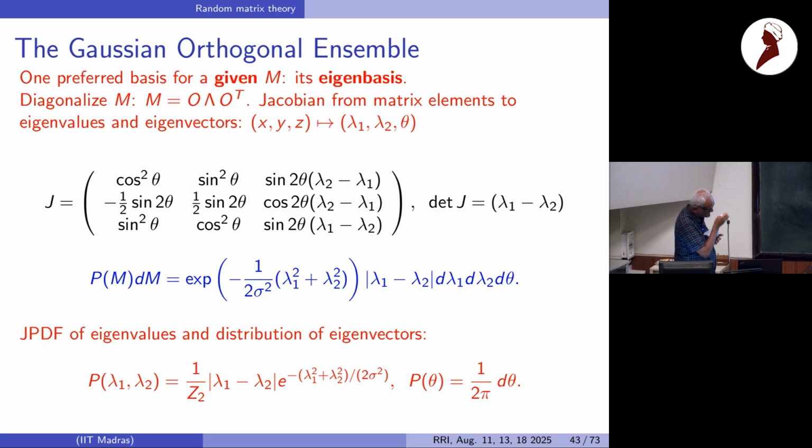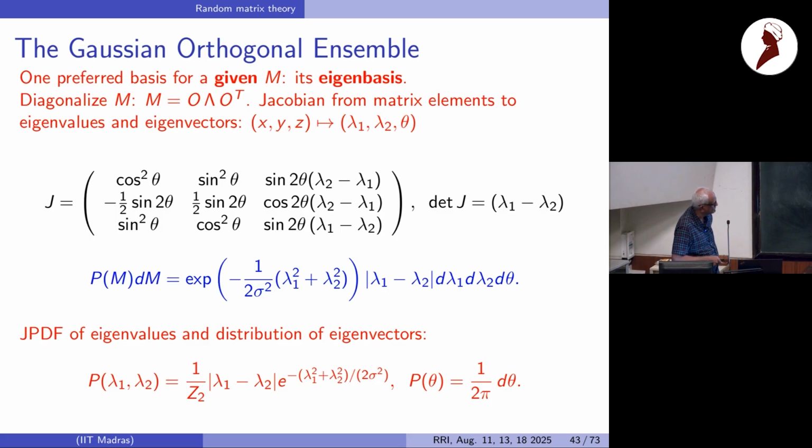And notice that there's no dependence on theta, which means that this theta is uniformly distributed. This is precisely what we assumed when we described eigenstates, and we said it's uniform except for the normalization. So this is actually reflecting that. Okay, so this is now the joint distribution. You can ignore the theta, the distribution of the angle. So the eigenvalues and eigenvectors separate, and the eigenvalue distribution is given by this, lambda 1 minus lambda 2 times that.